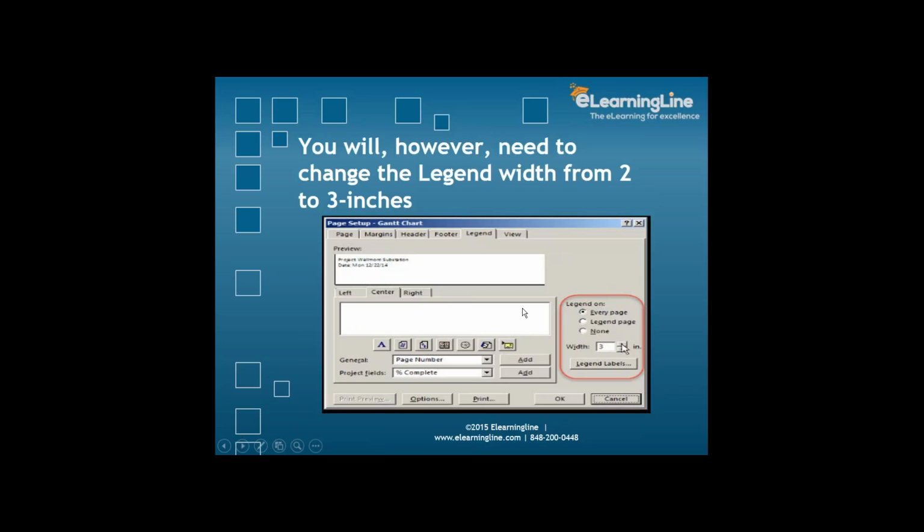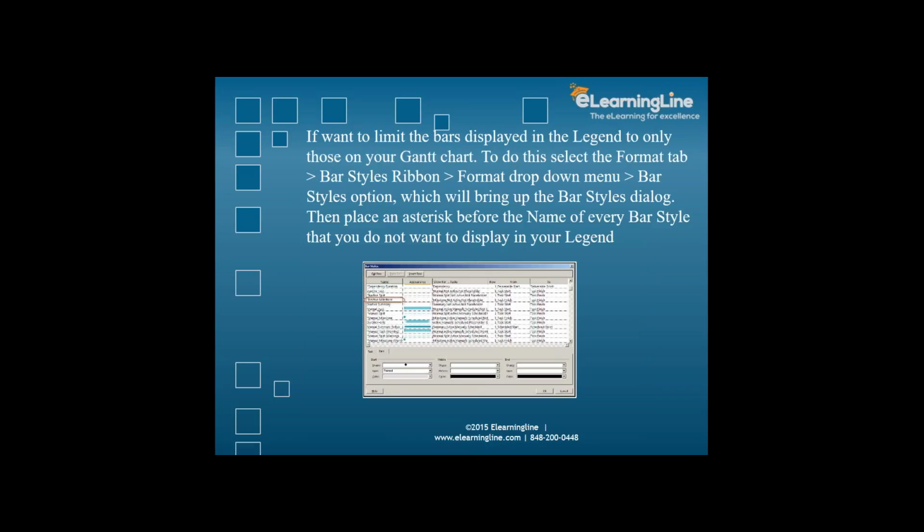Then let's say the width. The width is something which you control. So if you want to change the legend width from 2 inches to 3 inches, you can do that. If you just want to leave it at the default, which is 2, you can leave it at 2. Then we have, if you want to limit the bars displayed in the legend to only those in your Gantt chart,